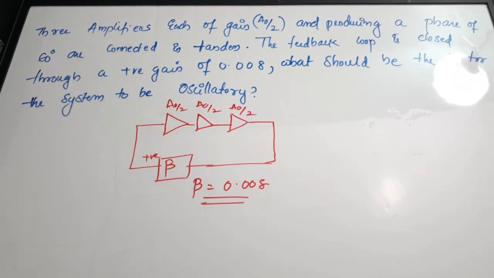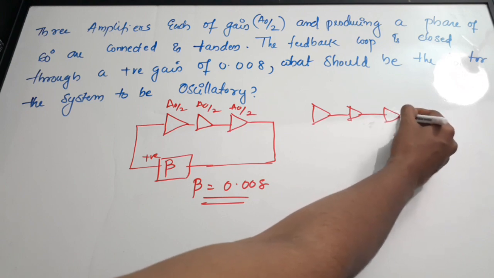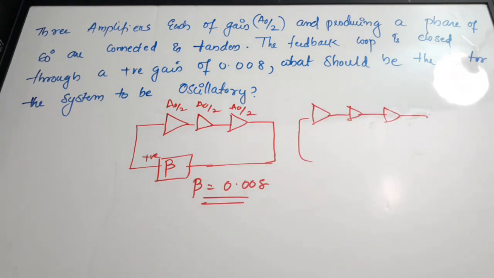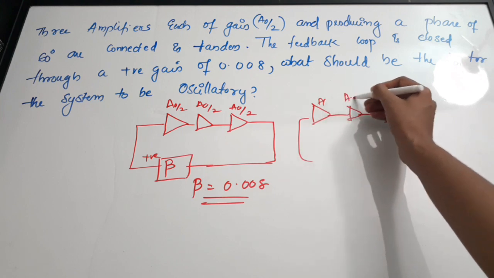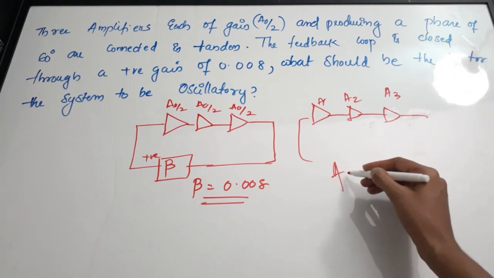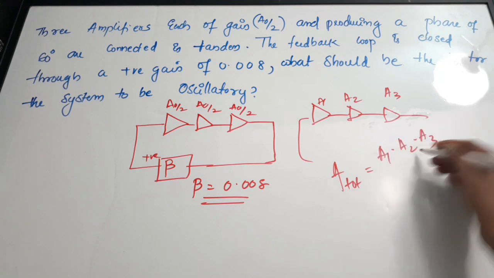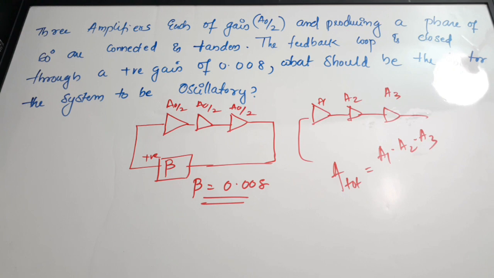Now, how to do such a question? This is a little bit tricky question. See, if 3 amplifiers are connected together in the amplifier section of an oscillator, and if the gains are A1, A2 and A3, the overall gain of this amplifier section of the oscillator is total gain A total equal to A1 into A2 into A3. That is, it will be the product. So generally, when we want to find the overall gain, we'll take the product of individual gains, right? So that is the concept. Here also we'll be taking the individual gain products to get the overall gain. Okay. So I hope it is clear.